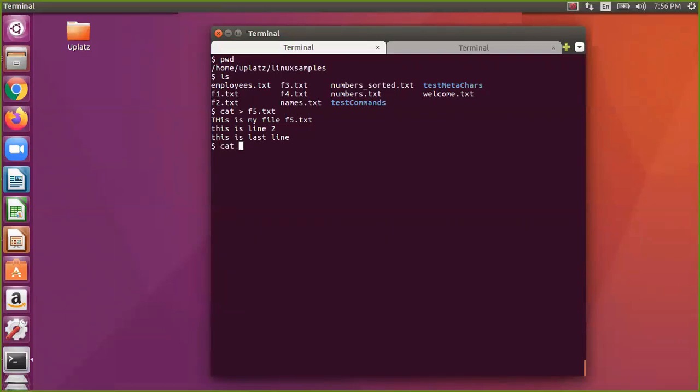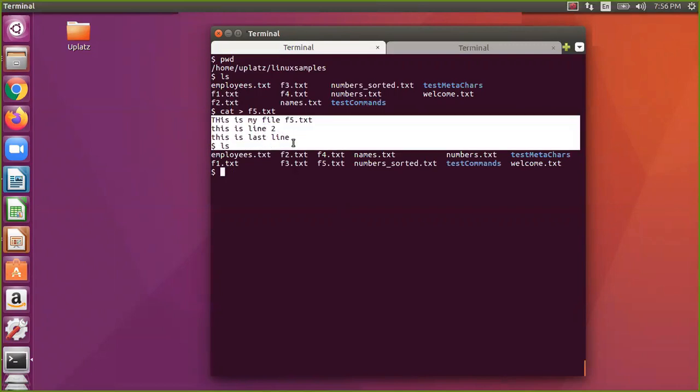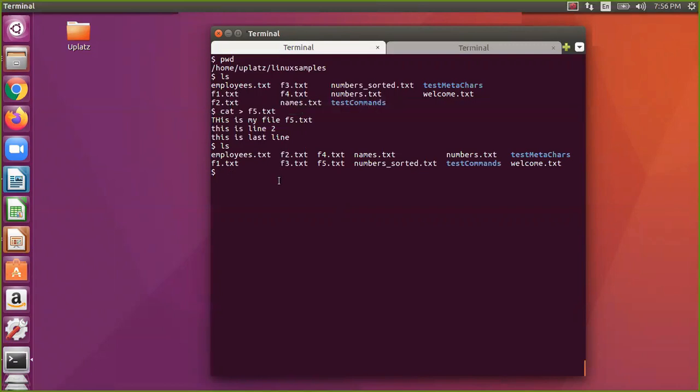Now if you do ls, you have the new file. This means we are redirecting the standard input that we are giving into a file. So this way also you can do it. If I say cat fi.txt, it gives whatever we have given. Of course, this will work for sort also.